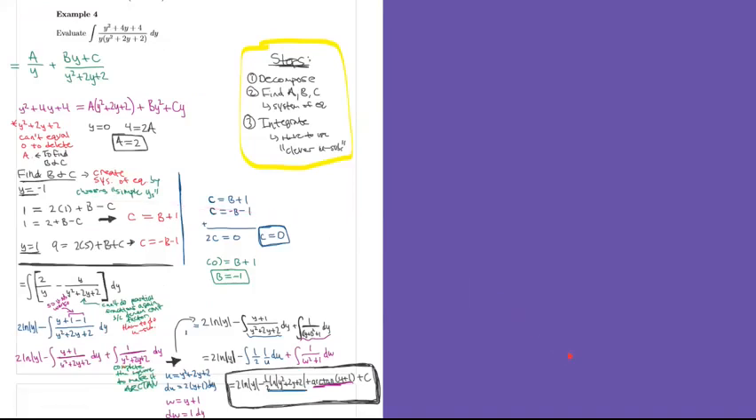Okay, you will have some that are a little bit harder, where you actually have to do a system of equations. And even though this looks like it's a lot of work, it's really not. It's just a lot of writing, but it's not really that much harder. So